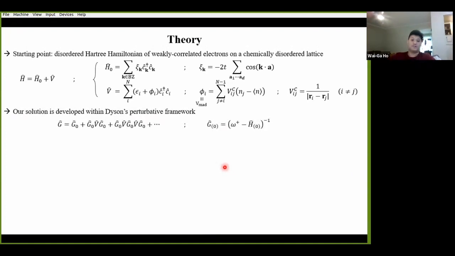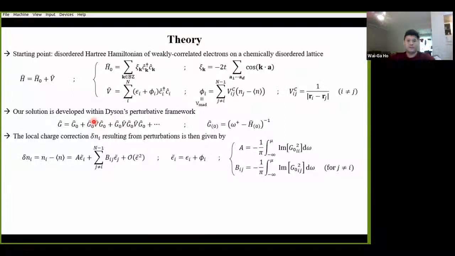Well, like I said, we're approaching the problem perturbatively, so we can develop our solution using the Dyson equation, which allows us to expand the full Green's function G of the full problem in terms of the bare Green's function G0 of the bare problem, together with the perturbations V. And from the Green's function, we can extract the electronic profile. That is the local charge density, n i, in the full problem. And we can similarly express this in terms of the bare density, the average of the bare tight binding problem, which happens to be uniform for our choice of H0 and coincides with the filling.